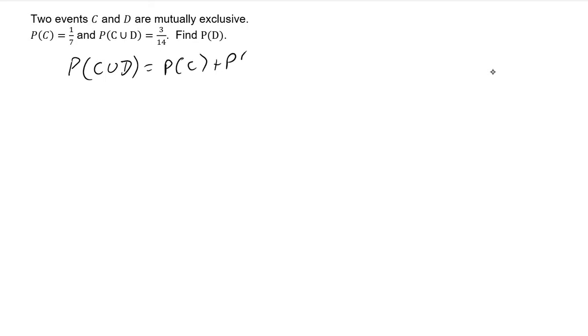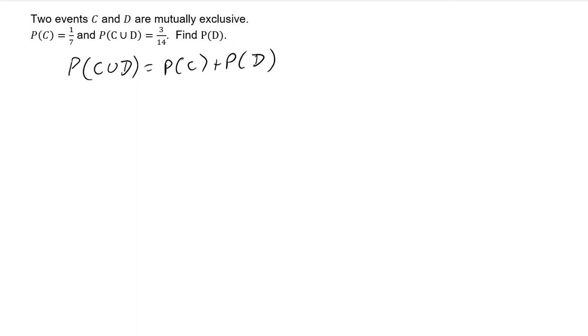This second example looks at two events, C and D, which are mutually exclusive. What that means is that the probability of C or D is equal to the probability of C plus the probability of D. This is the formula for combined events. It's just that in mutually exclusive events, this probability is 0, and so we don't bother including it in the